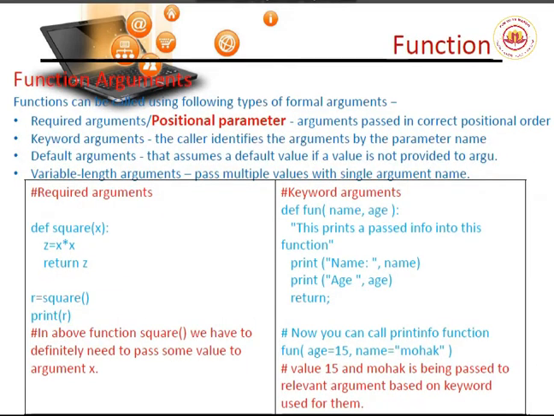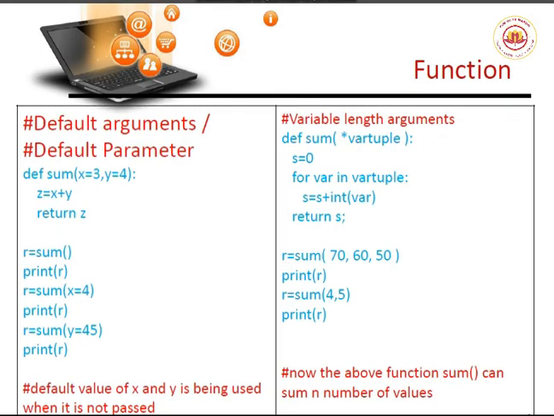Some function arguments are also given here. The next is keyword arguments. Here the variable will store the value returned by the function. The variables like age and name will store the values declared in the main program. Again, a function with default parameters is called a default parameter function. And in variable length arguments we use a star. If you remember, I did one problem using variable length arguments with a star. Here is an example they gave.